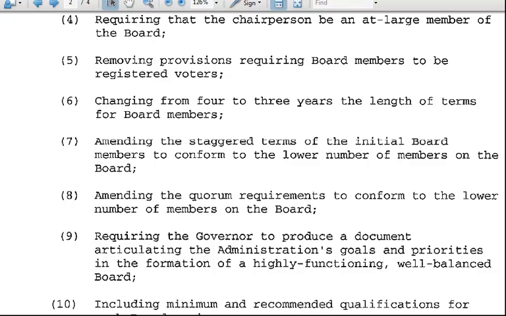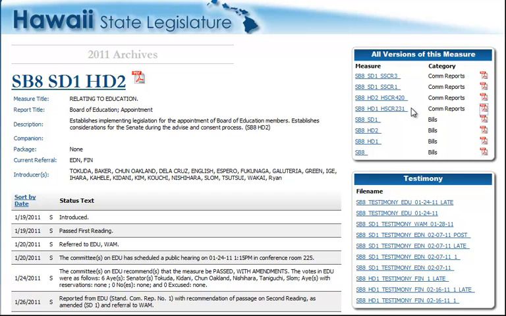is going to be much easier for you to figure out than if you had had to look at the whole bill itself and done a line-by-line comparison. So the legislature makes it very easy for you to find out not only what the bill said, but the report that analyzes what the changes were.